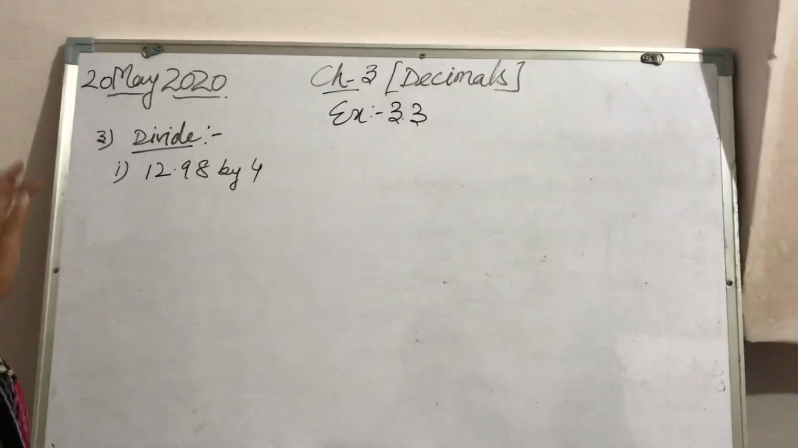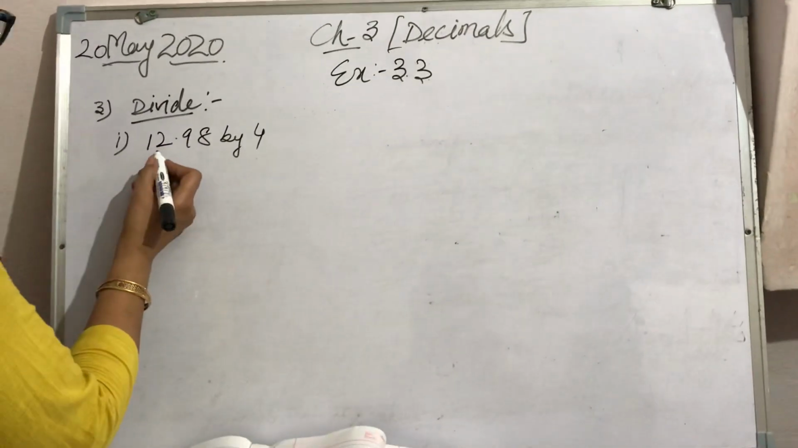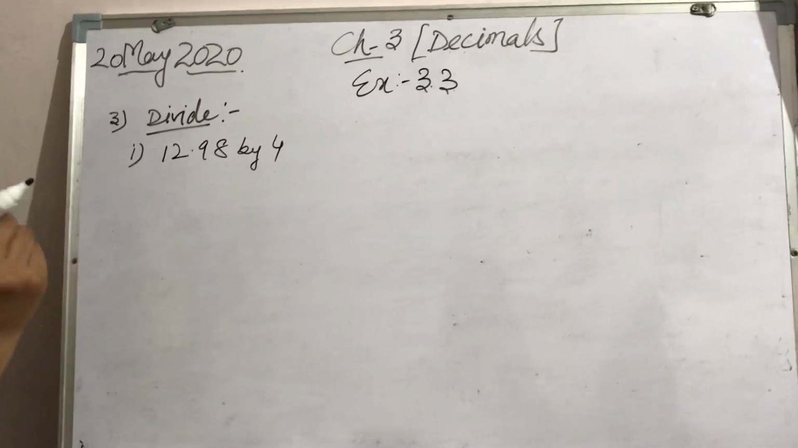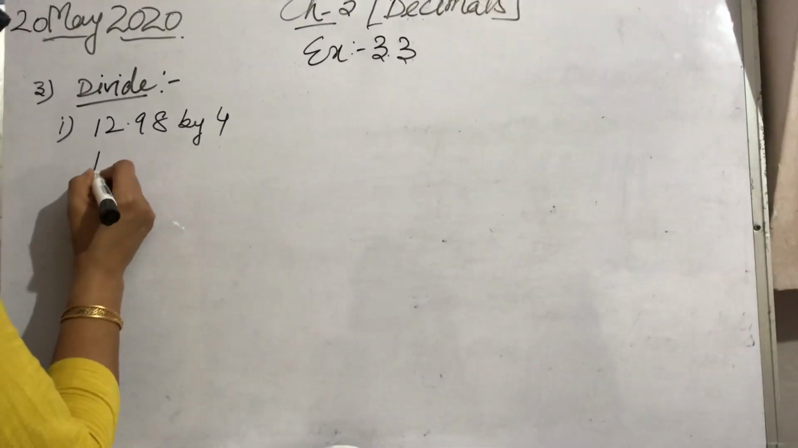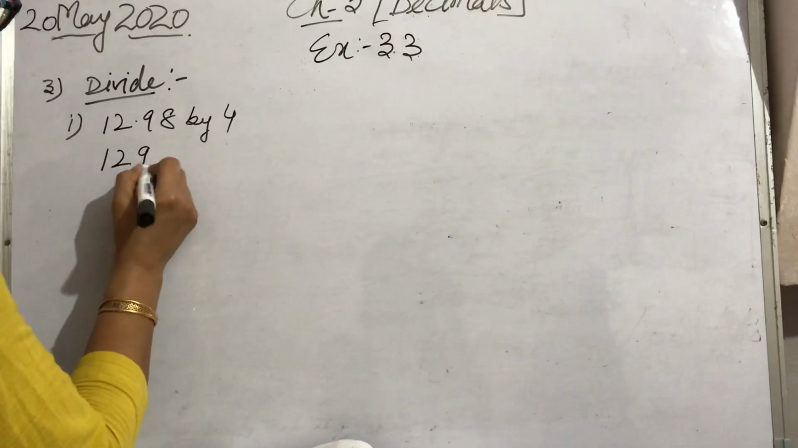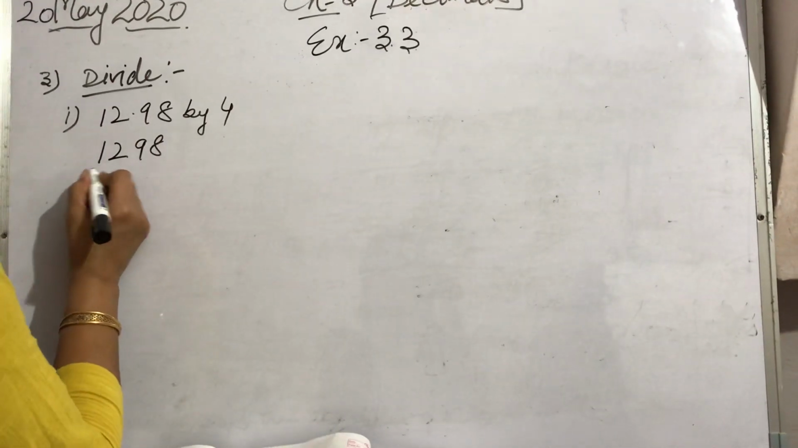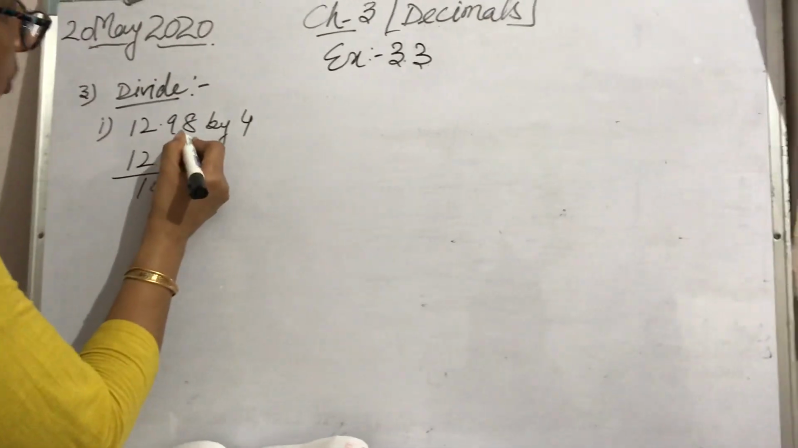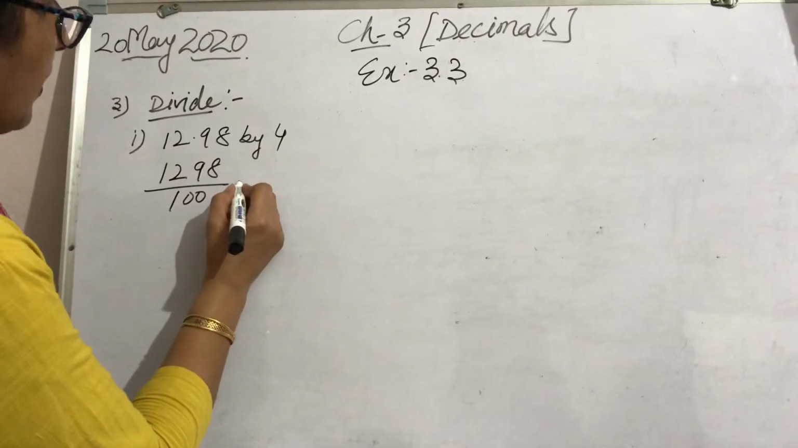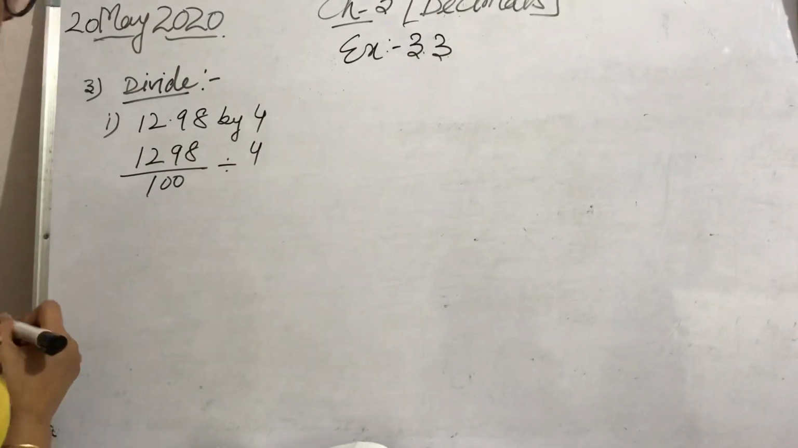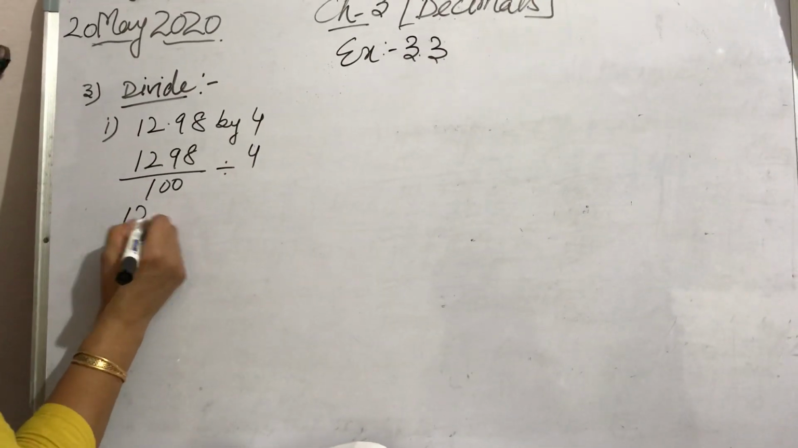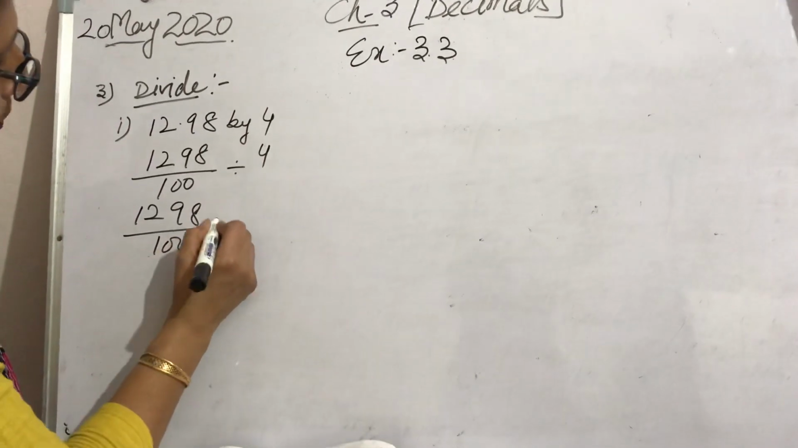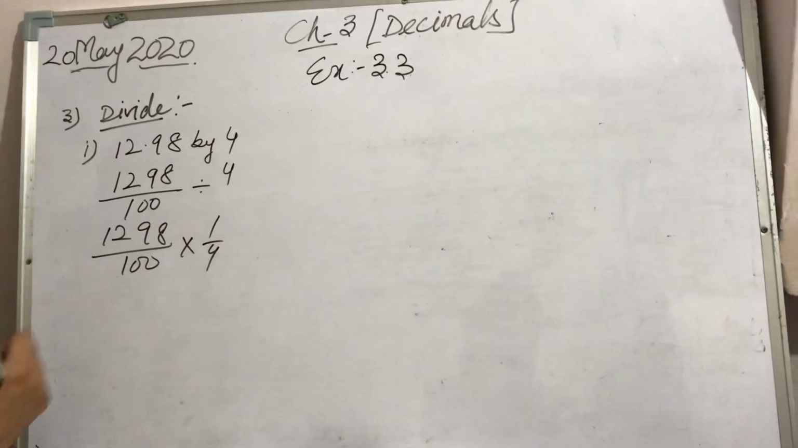Now question number 3, divide 12.98 by 4. There is little change. First of all, same process, remove the decimal: 1298 upon 100, because 2 digits are in the decimal part, divided by 4. So first of all,